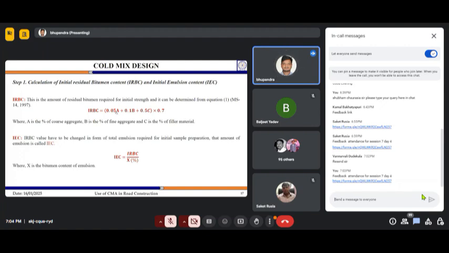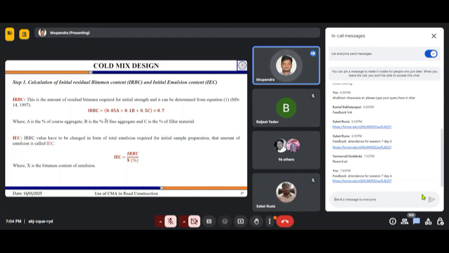For coarse aggregate it is 0.05, for fine aggregate it is 0.1, and for filler material it is 0.5, which is 10 times that of the coarse aggregate. If you take the same weight of coarse aggregate and filler material, the surface area of the filler is approximately 10 times that of the coarse aggregate, and 5 times that of the fine aggregate. That is how we decide the residual bitumen content we want.